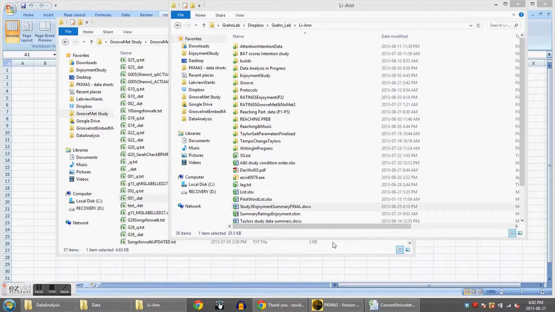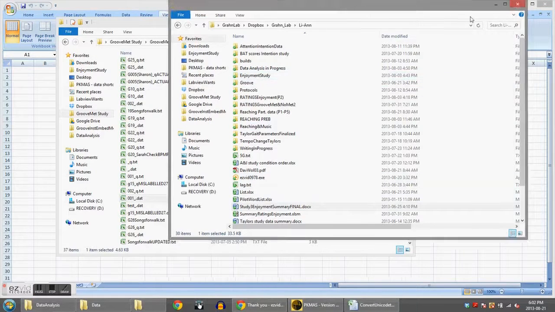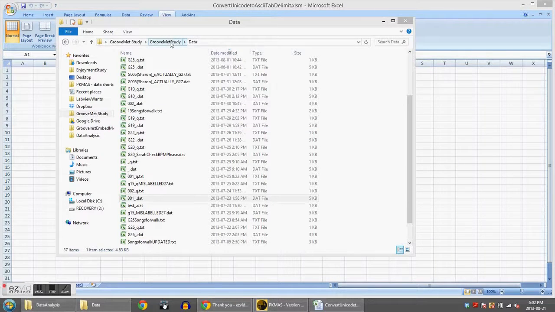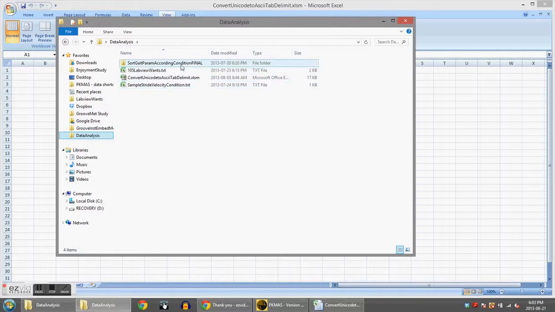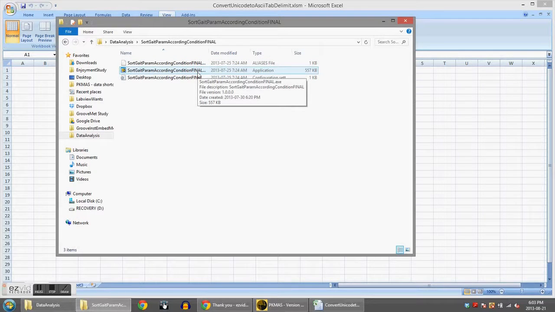The LabVIEW wants files, you can go ahead and run the program that will sort the gait parameters according to the experimental condition. So it will pick out the gait parameter that you asked it to pick out according to the experimental condition. That's why in those LabVIEW wants files, you've very clearly stated the experimental condition. So if you hit that,